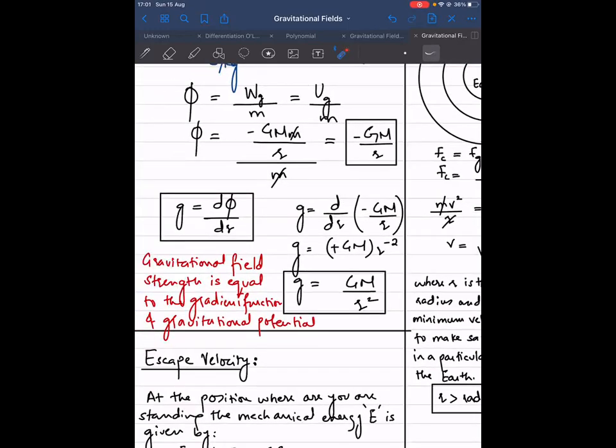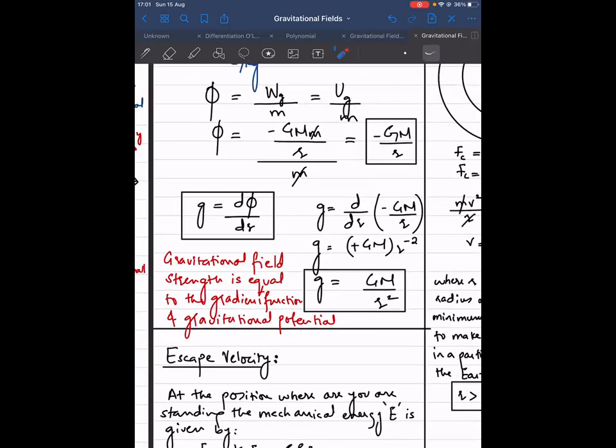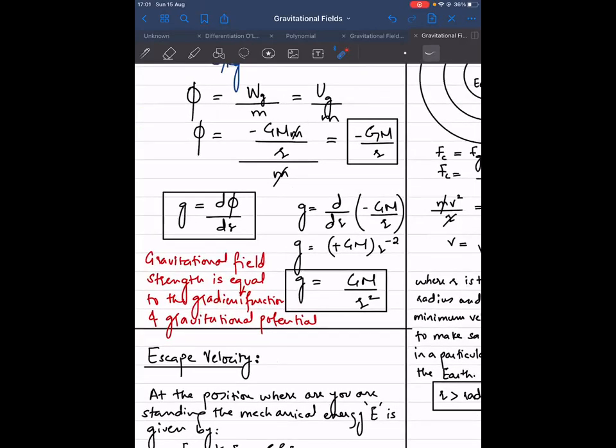अच्छा, in mathematics, अगर मैं in terms of mathematics बात करूं, explain करूं आपको, so gravitational field strength is equal to the gradient function of gravitational potential. ठीक है ना? अच्छा, अब ये gradient function क्या होता है, ये तो आप नहीं अंडरस्टैंड कर पाएंगे, आपको बैकग्राउंड नहीं पता. अरीबा, मैं आपसे एक्सपेक्ट करता हूँ कि आप समझ जाएंगे जैसे मैं समझाऊंगा. यार अरीबा, जैसे आपके पास g है ना, g इज व्हाट,